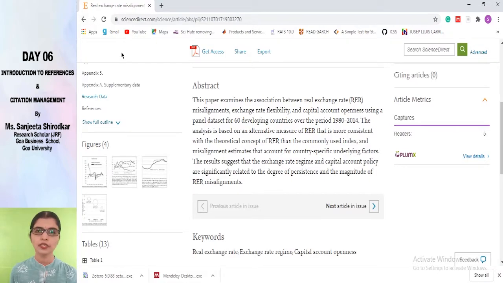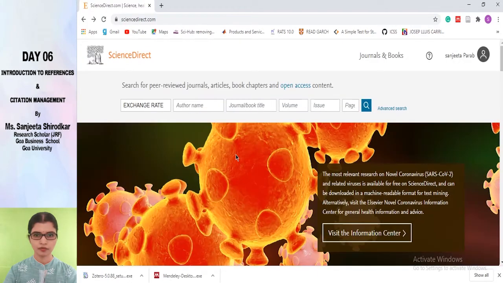If at all there is a PDF available, then that PDF would also be extracted in this procedure. This is almost similar to how we did it in Mendeley, wherein you pulled up all the references from a database, and if PDFs are available, they are also pulled up. So this is the thing.